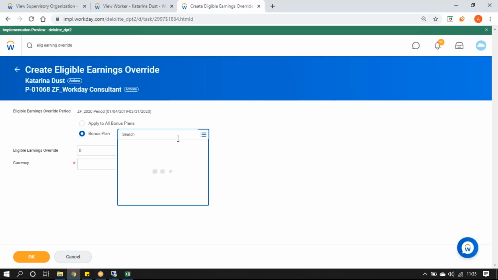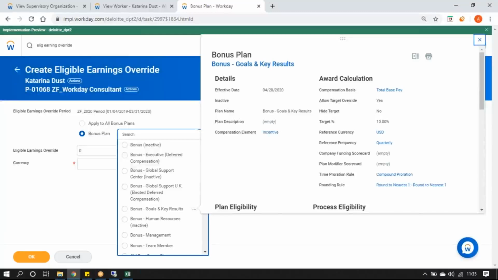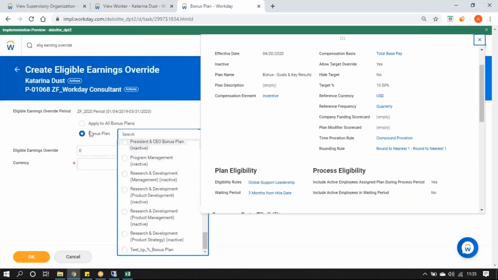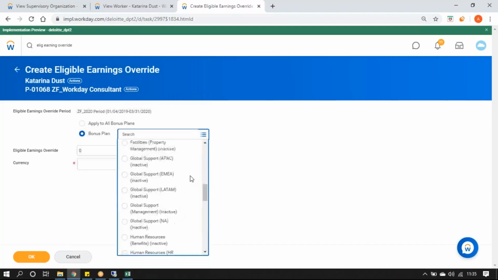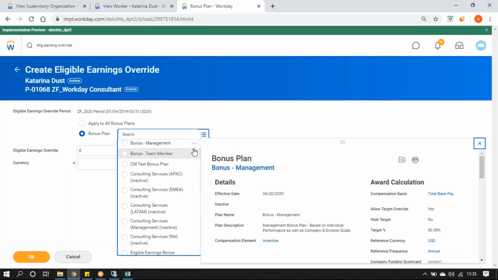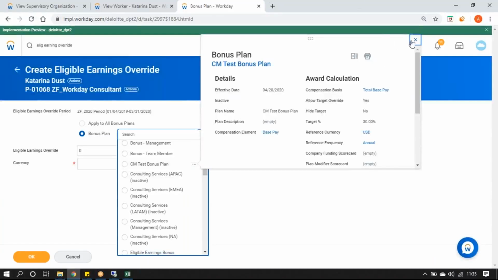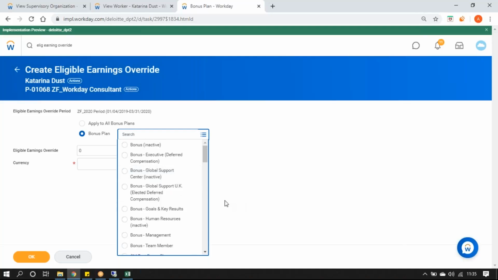Or if I select a specific bonus plan, if you see, Workday only gives me those plans which have the compensation basis of, oh, this is strange. Is it because I'm using all bonus plans? Okay. So Workday should only show me, okay, I may be mistaken. All right. Then I can select a specific bonus plan or basically any of the bonus plans assigned to the